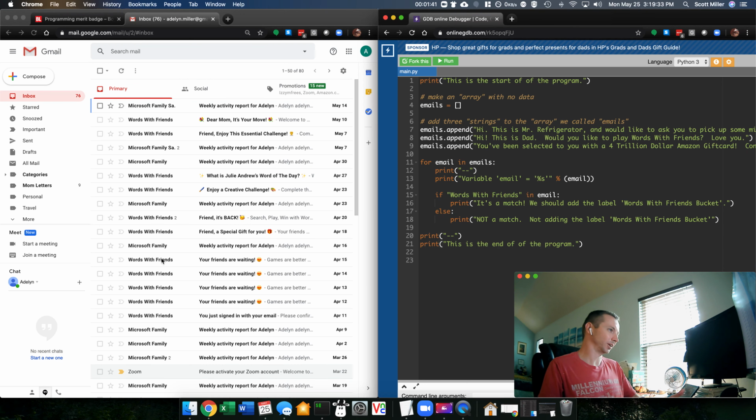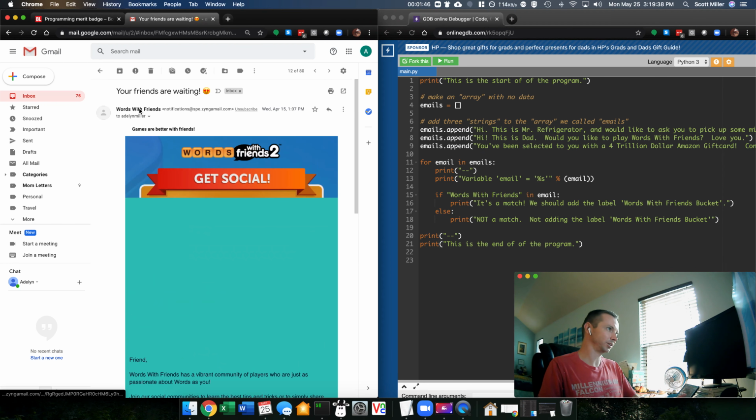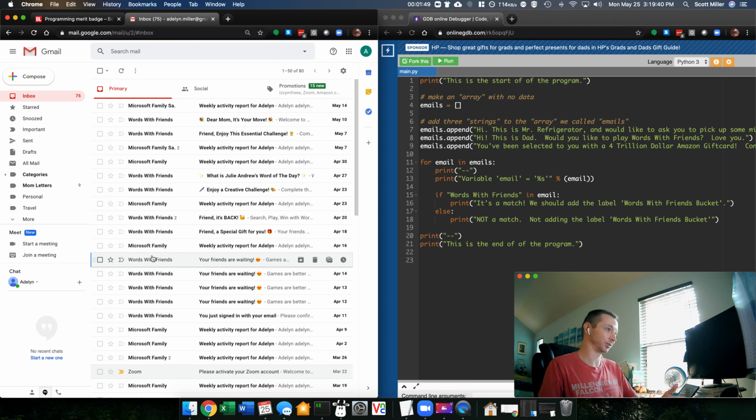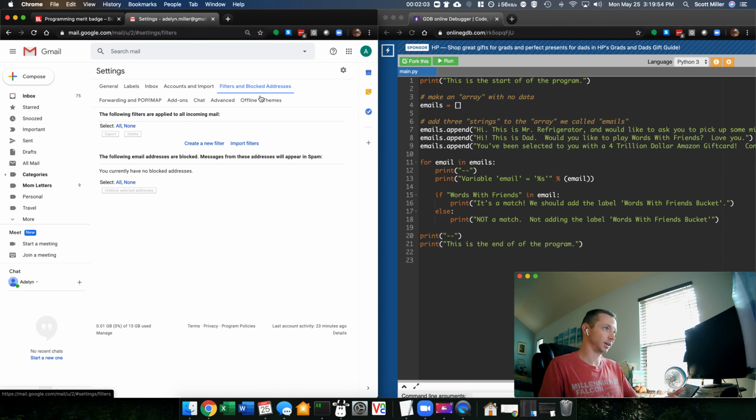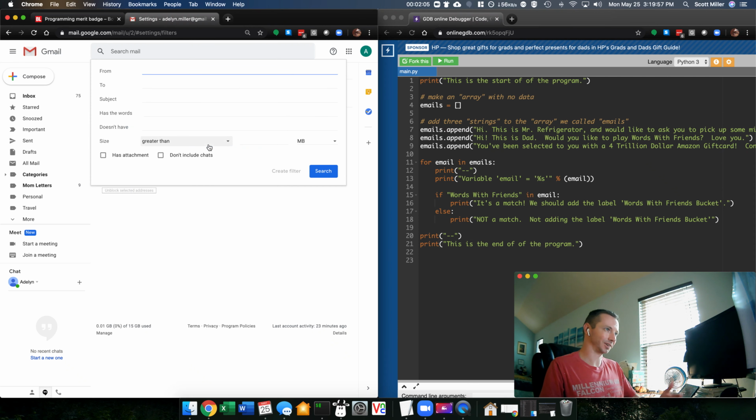Let's say that you had a similar situation in your email, and you wanted to mark the Words with Friends emails as important to you because you really like Words with Friends. So you want to make sure that you have a group just for those. Well, Gmail has a way to do that that is very similar to what we're going to write. So in the settings in Gmail, you can define a filter that is basically an if it has something, then do something, right? So let's say in our filter, we're going to say if it has Words with Friends in the email,